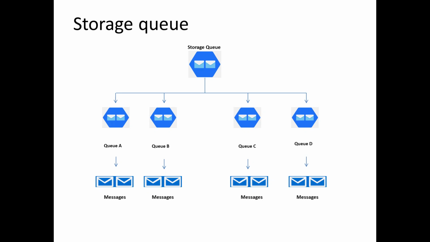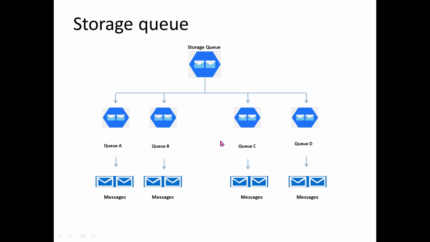The structure remains more or less the same across these types, that you have QA, QB, QC, QD. You can create the respective queues. For example, you are getting some marketing related messages, so you can create a marketing queue, and then if some advertisement messages are coming, you can create an advertisement queue.